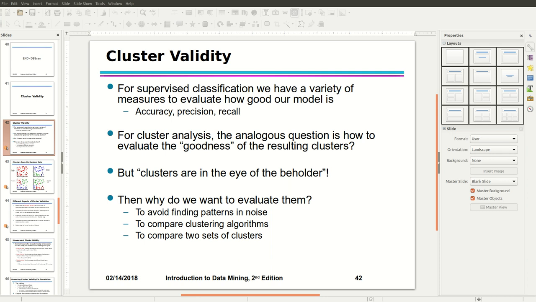But for some density and continuity based clusters, this may not be a good measure, so you need to be aware about that. So let's look at this example here. We have X and Y in 2 dimensions, and we have these 3 clusters. Using k-means, we actually identify those.